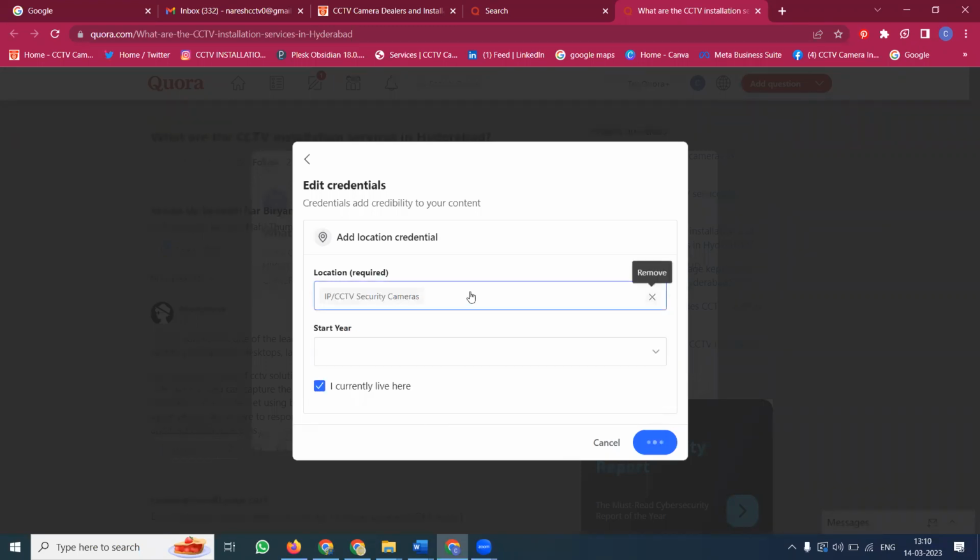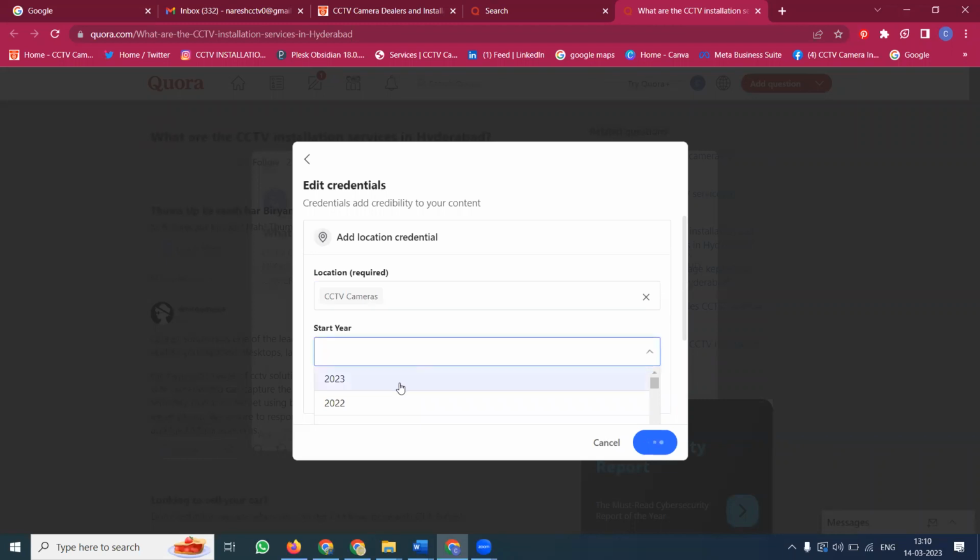So CCTV camera. Currently live here. So you can go with the option.